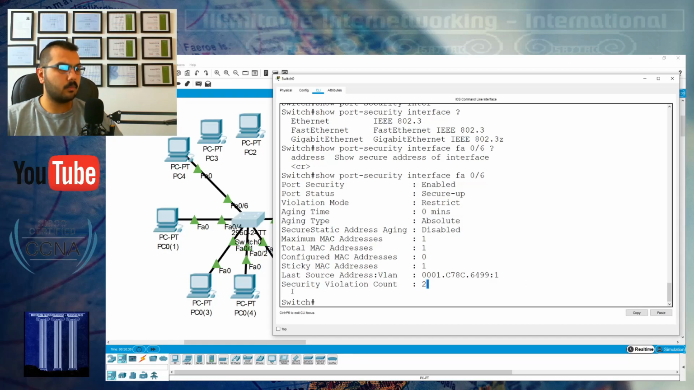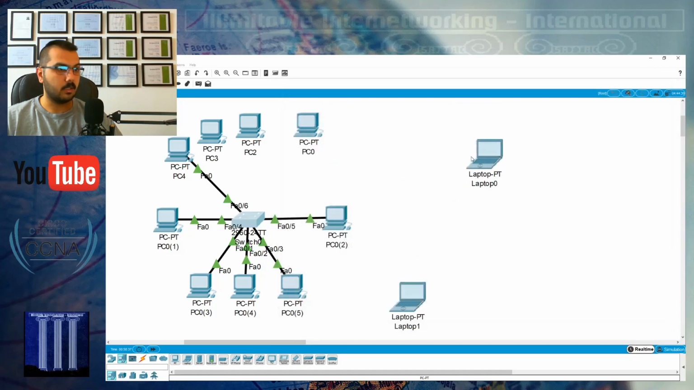Security violation count 2. I believe one of them was for the last one and one for now. The violation count is 2 because one of them was for the shutdown just two moments ago, and one for the correct one right now. This one is still up, but it's restricted, so it can't log in. It can see that it's up, but none of its frames are accepted